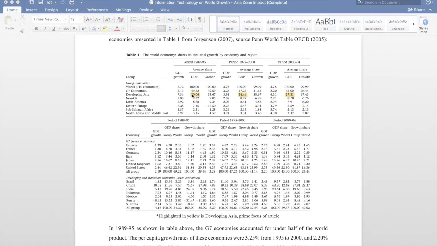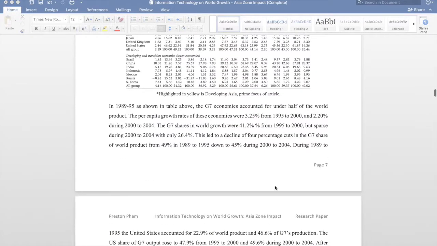Yet surprisingly, developing Asia, as I highlight here, has astonishing results, moving from 20.06 points to 24.44 points to 27.31 points. And down here, as you can see in the developing Asia's 7 economies, China and India in 2000 and 2014 accumulate 63% of GDP growth shares in the 7 developing countries' economy.